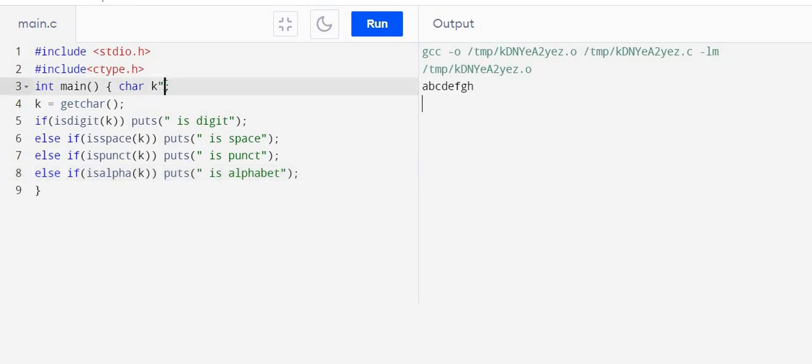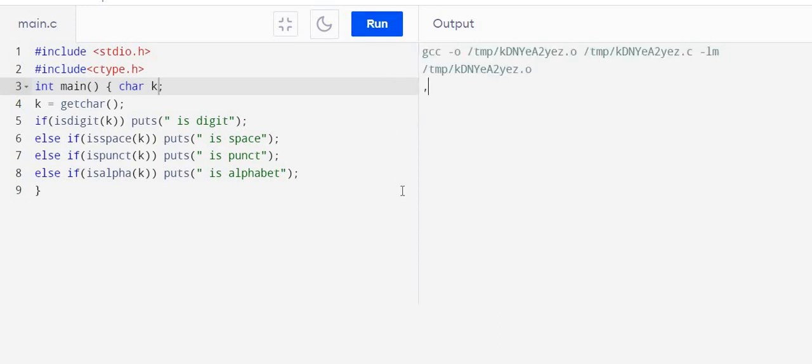So let's check this. Get the character and check whether it is correct or not. So let's run this program. Run. Now enter a character. Suppose I enter R. R is an alphabet. Good. Now suppose I enter 6. 6 is a digit. It is giving us correct.